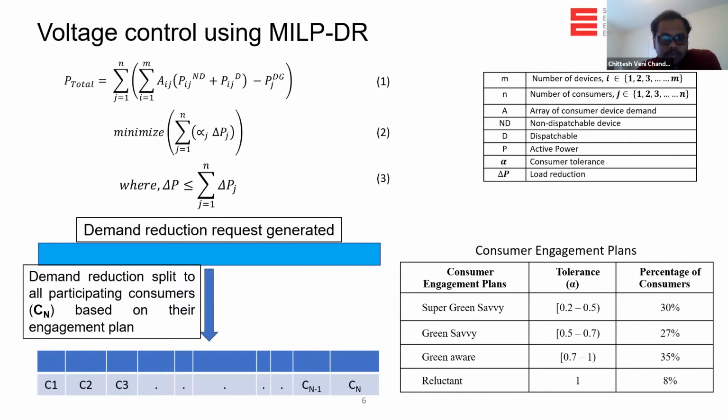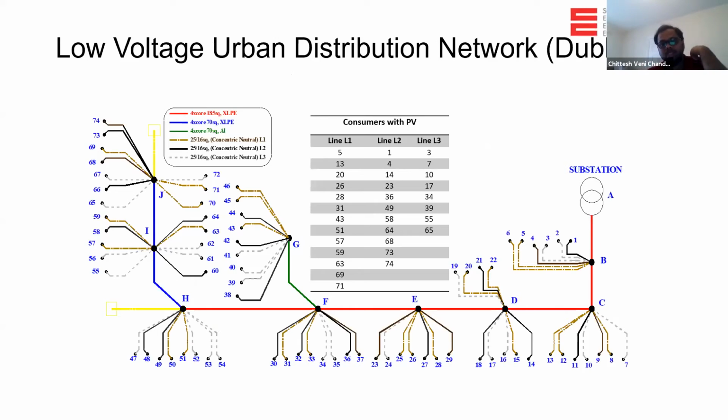Now, this is the low voltage distribution network. It is a distribution network representation which we obtained, which is in Dublin. It had 74 consumers connected to this network, and we randomly allocated a certain number of solar PV generators, with a different ratio of generators at each bus. Each of these generators and the load associated were modeled as a fixed load or fixed generation, which means that for a single iteration, the load and generation would be fixed.